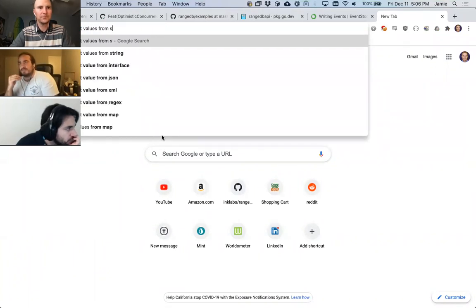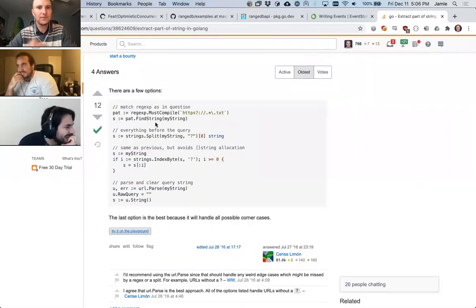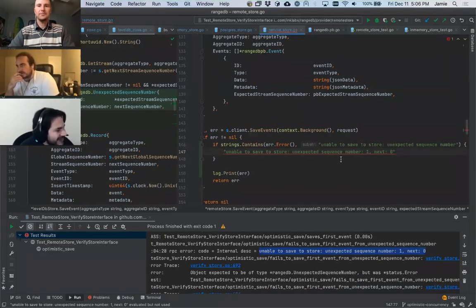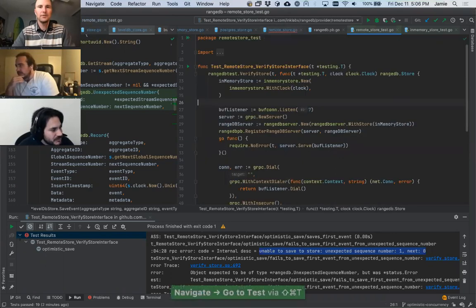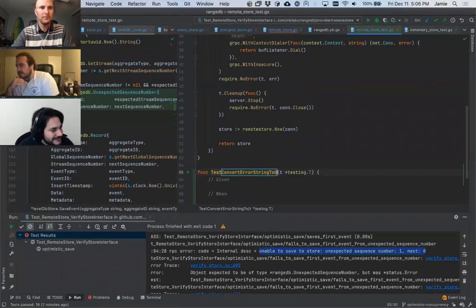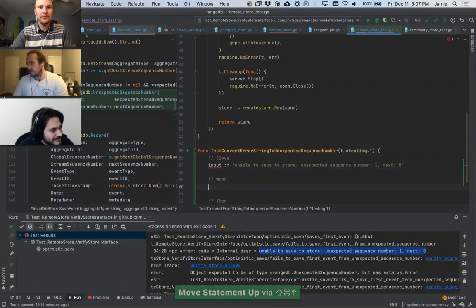Extract values from string. Regex? Yeah, it's like a regex, but I think there's... do we have to do a regex for this? Here, let's do it this way. Let's test drive it. I want a function. It's going to be in the remote store test: convert string to... so when I have that, when I call convert,